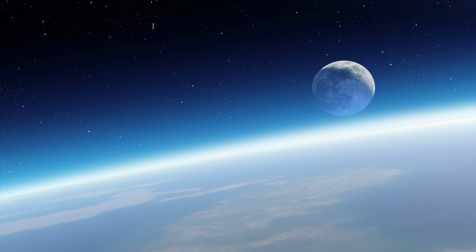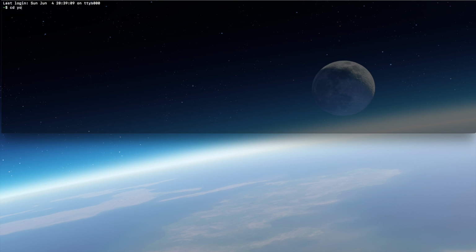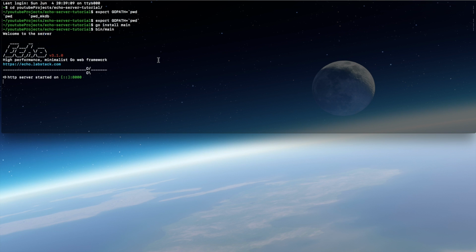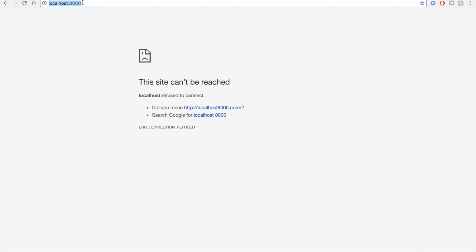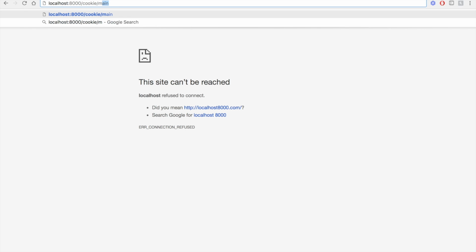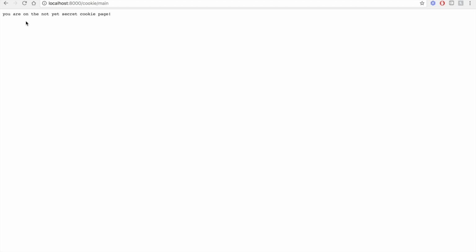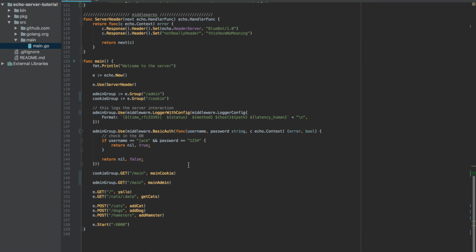So now let's check that it works. Sorry, I need to export my Go path, so let's do it really quickly. Build it, run it. Cool. So we're having our endpoint, not defended endpoint, and now